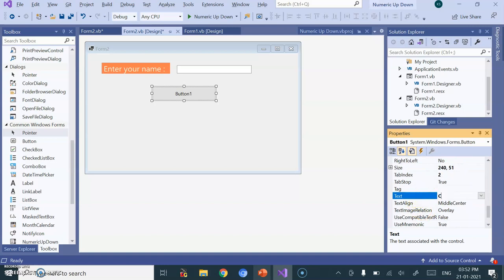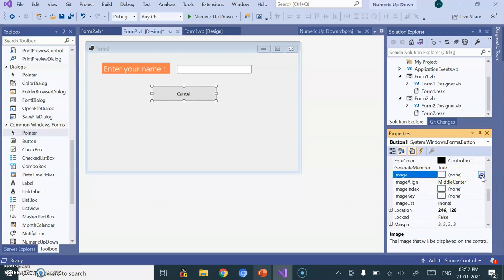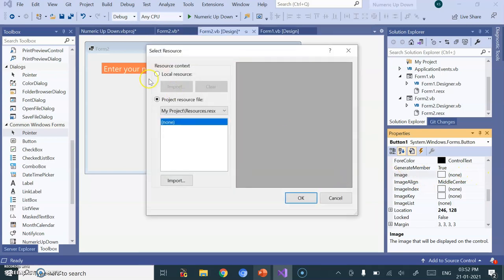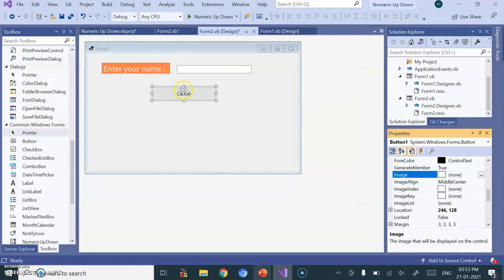Let's say cancel, right? This is the cancel button, and here we have image. So you can click here and go to the local resource. You can import any image by selecting the stored image on your PC, and then when you click on OK, it will automatically be placed over here.